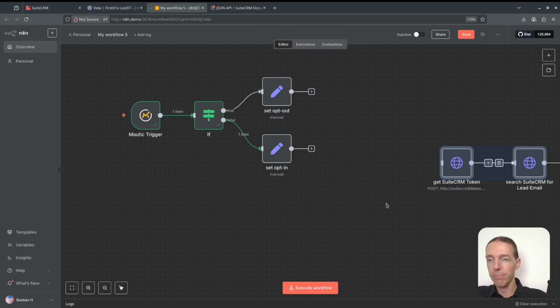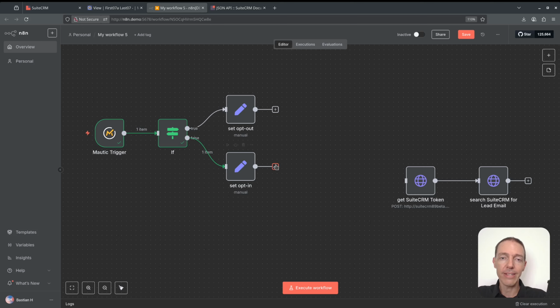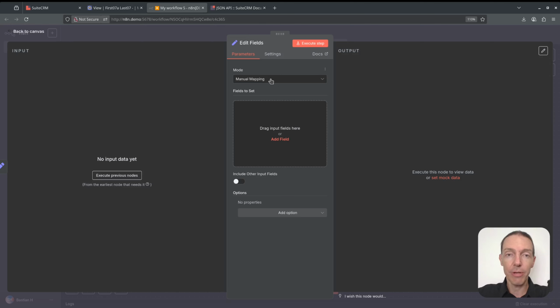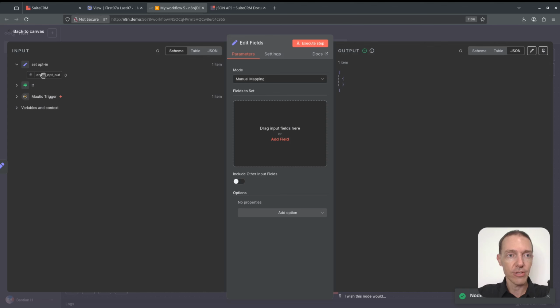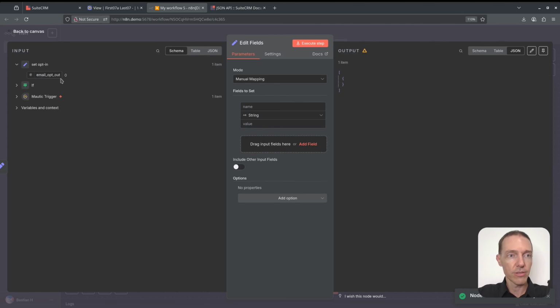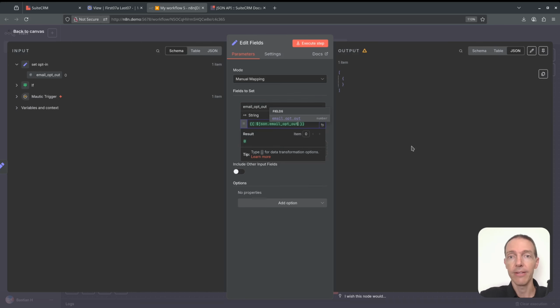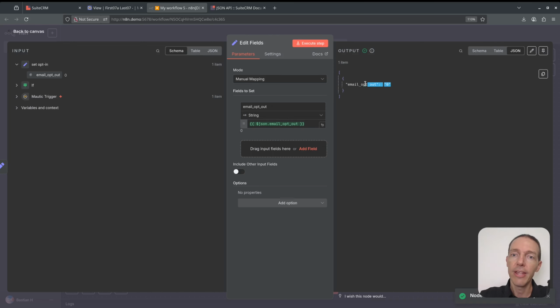So, and now it's possible to continue in multiple different manners. There is a merge node, which is a bit more complicated, but what you could do here is simply to execute this one here. So email, and now I would call this exactly the same thing, or can call it opt out, email opt out. It could be that you have multiple opt outs, and therefore, yeah, like a phone opt out, a letter opt out, a snail mail opt out, and an email opt out. So, and then we're setting this one here, email opt out, and now we have set